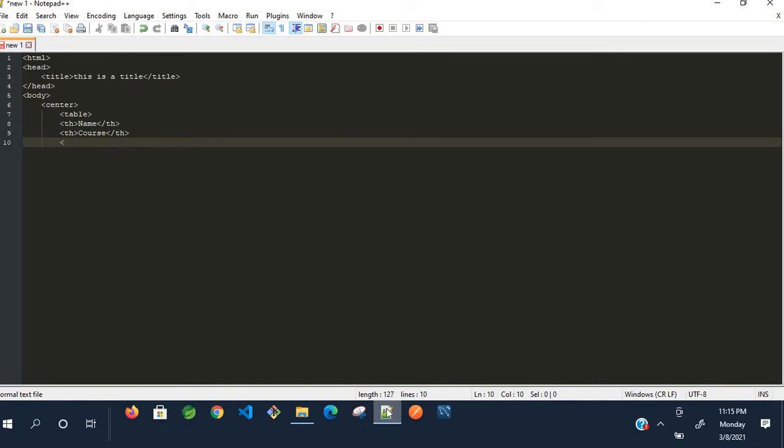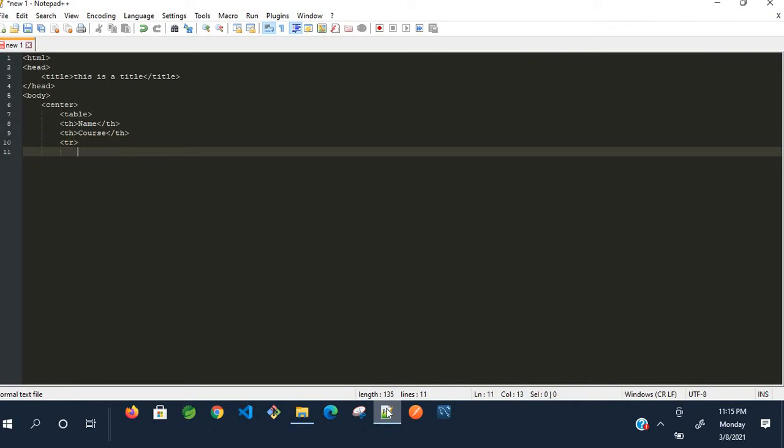Then give a new row, table row. This is to add the rows inside the table. Inside this I have to add two td tags, one td to add the table data. Here I have created two headers, which means I have to add two columns of data. td: the first column has the heading name, so I have to give the name here.